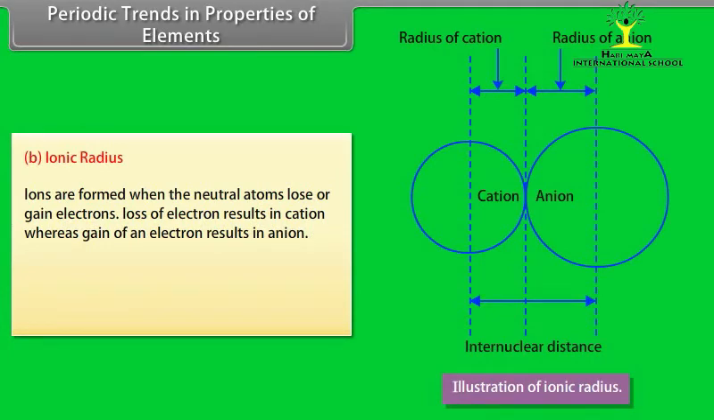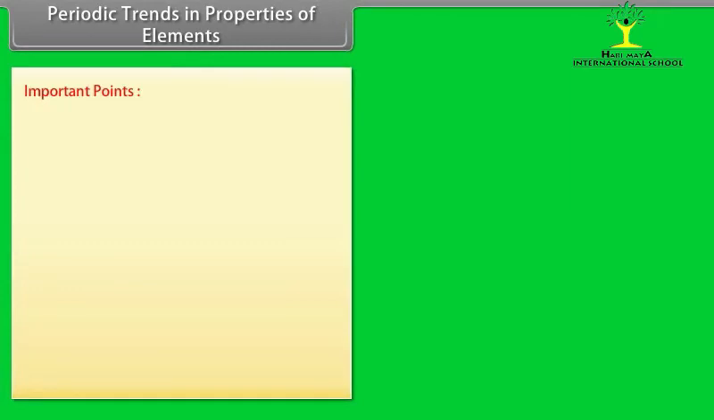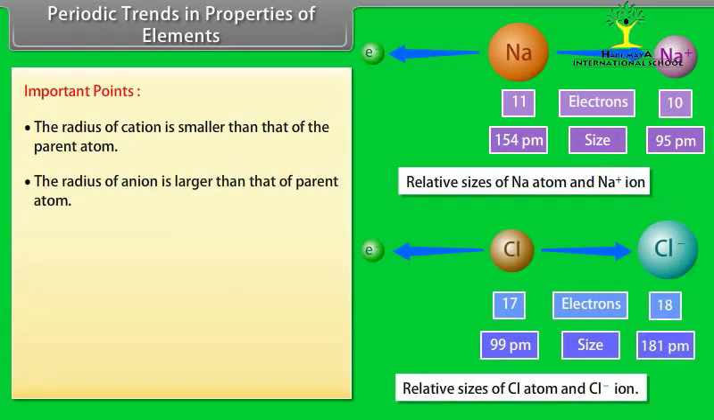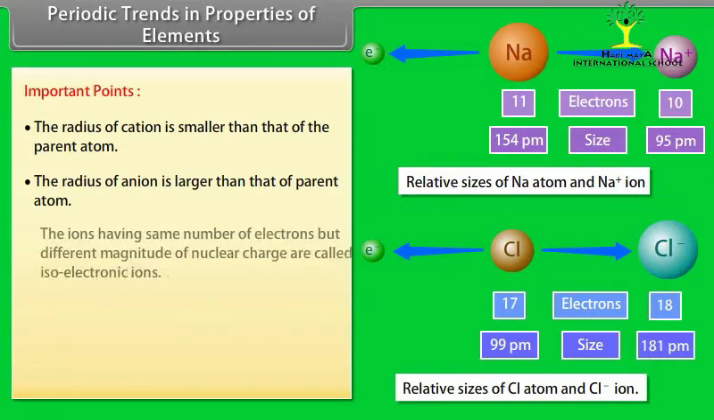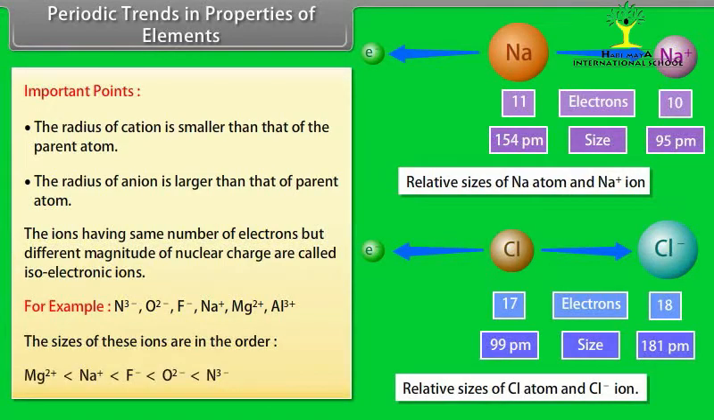Loss of electron results in cation, whereas gain of an electron results in anion. Ionic radius may be defined as the effective distance from the nucleus of the ion to the point up to which it has an influence in the ionic bond. Important points. The radius of cation is smaller than that of the parent atom. The radius of anion is larger than that of the parent atom. The ions having the same number of electrons but different magnitude of nuclear charge are called isoelectronic ions. For example, the size of these ions are in the order